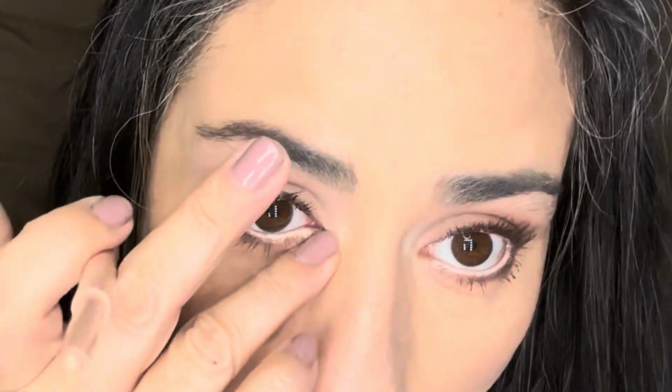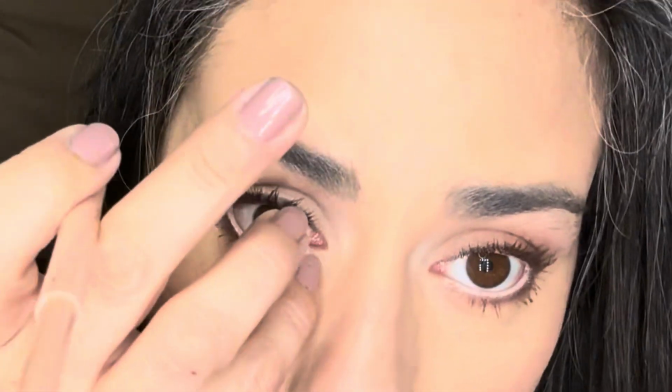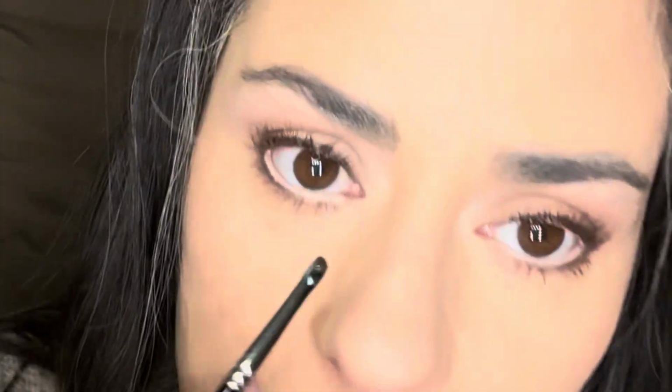And I should have done this before I did my mascara, but I always forget until later. I always get it on my mold that's right there, and it doesn't look the best. So now I need to go back in with that little thing and